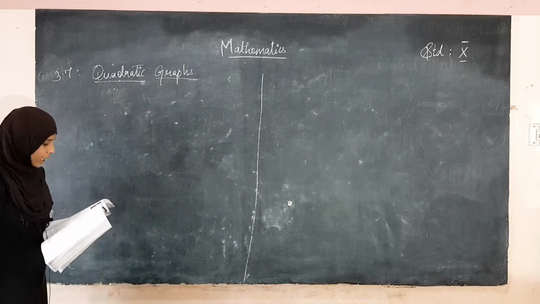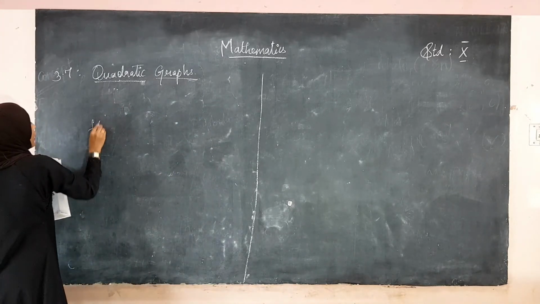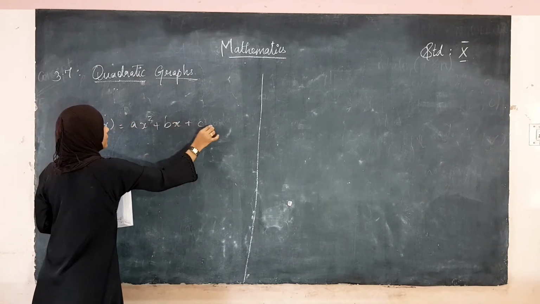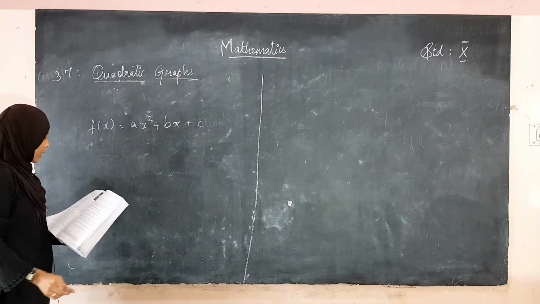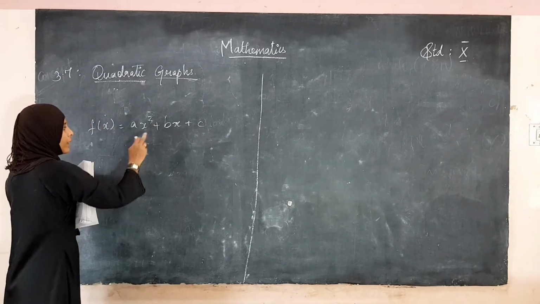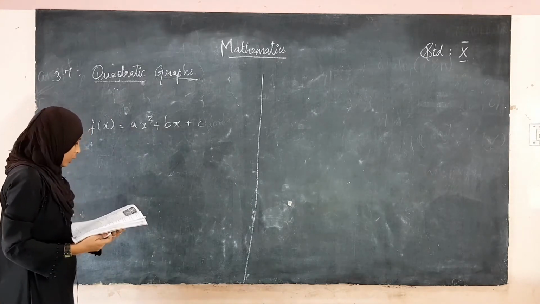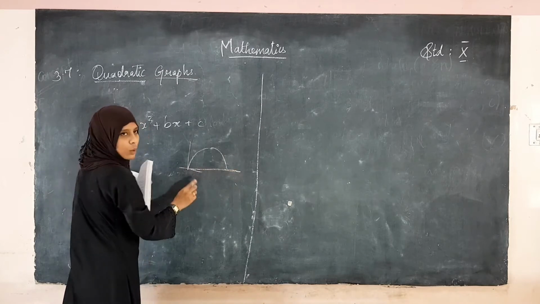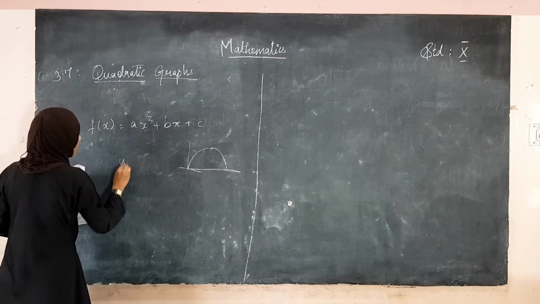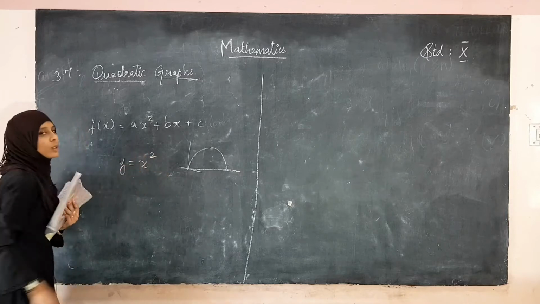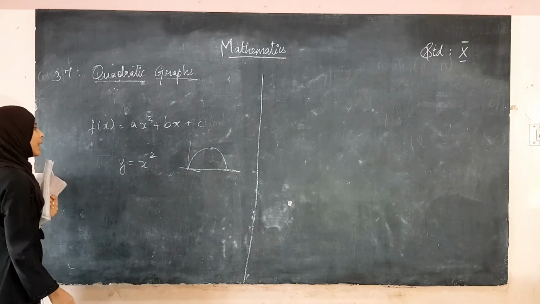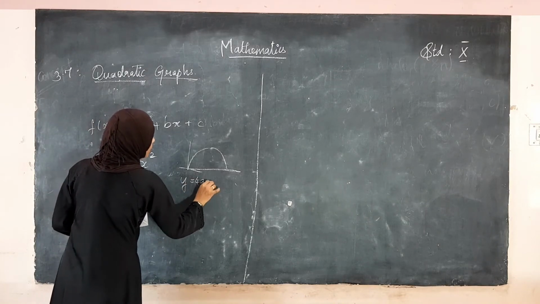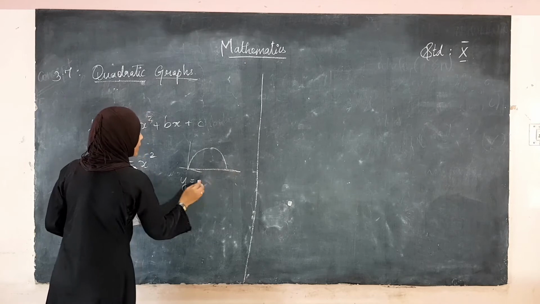See here, what is the quadratic function? f(x) = ax² + bx + c. This is the common quadratic function, right, where a, b, c are the coefficients and the variable used here is x. So this is what we have seen as the parabola, right. It is a form of the quadratic equation. The common equation of the parabola is y = x². Actually the parabola is written as y = 4ax², or 4a can be written like this.